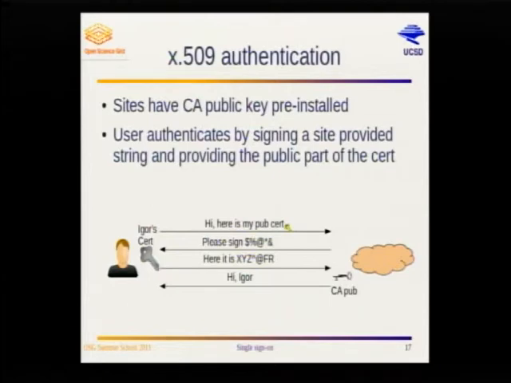At this point, the remote site verifies that the public certificate is valid using the pre-installed CA public key. At that point, it is sure that the public key in your certificate is valid, verifies the signature, and if everything went right, it says, OK, this is exactly who he claims to be, in this case, Igor. And it says, hi, Igor. I trust you that you are who you are because you presented a valid certificate. So nothing magic, a little bit of math, and the thing is done.